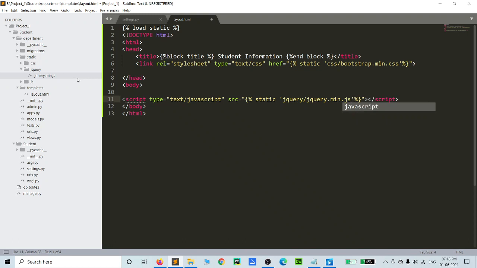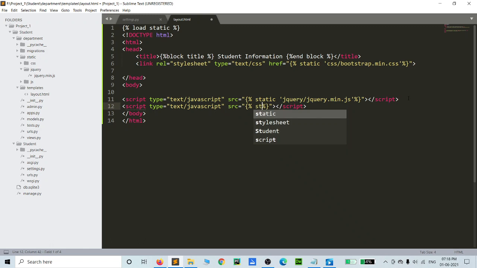After that script file, we can include another file whose source name is static, in single quotes, the js folder.